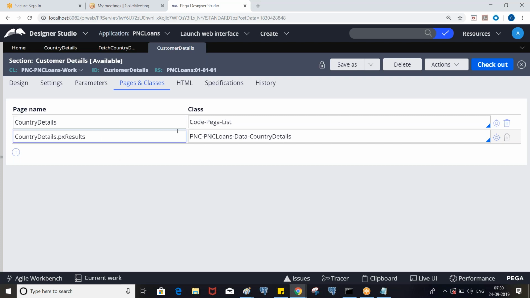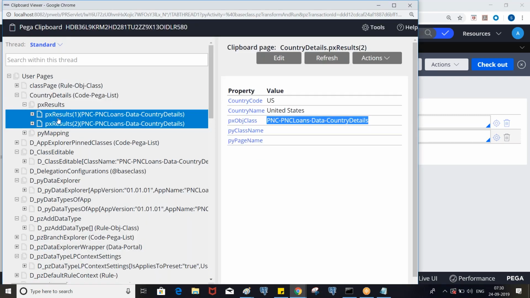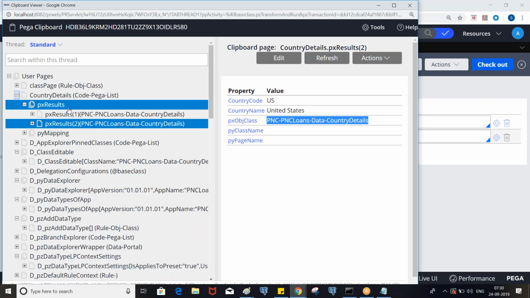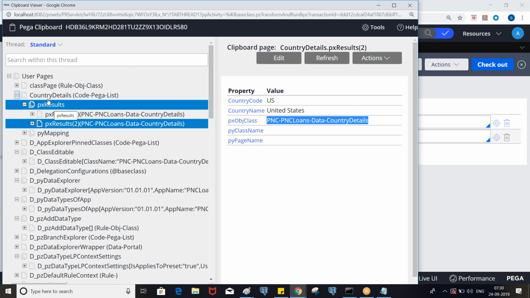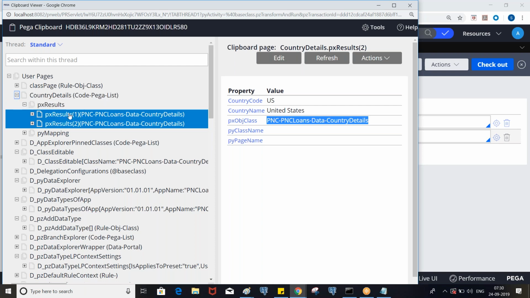To understand, this is the parent, and we have the data inside, and we cannot directly reference PX results. It's like a main door and a sub door: first you need to open this, then this one. Directly we cannot put PX results because it can be available under different pages also. If under PX results you have another page list or page, you need to put country details dot PX results dot that page again.